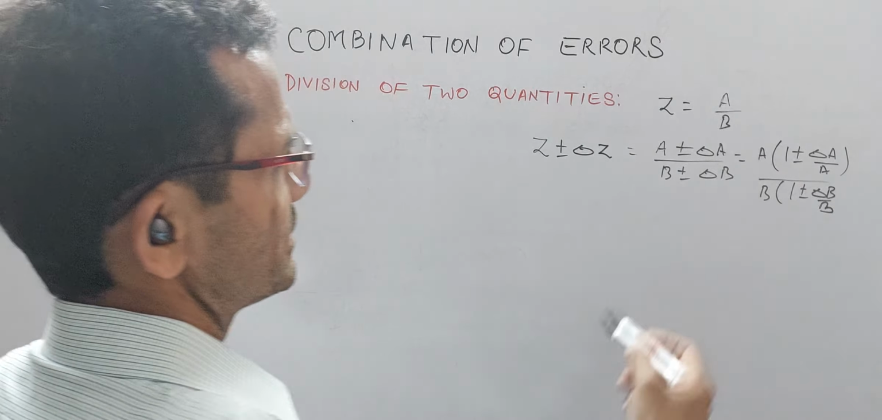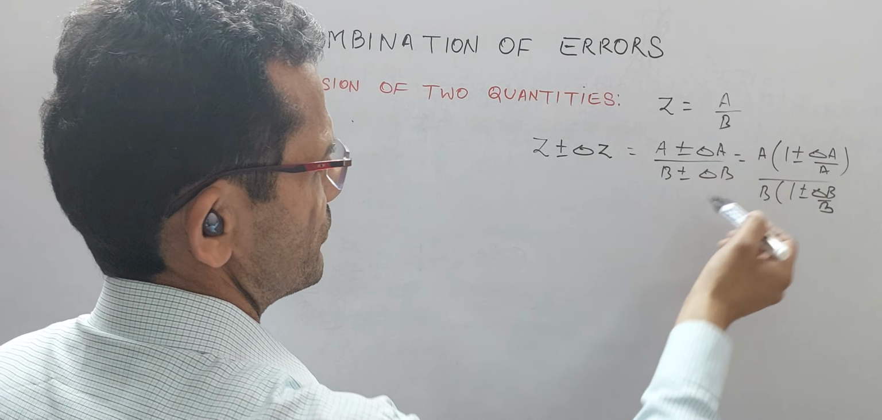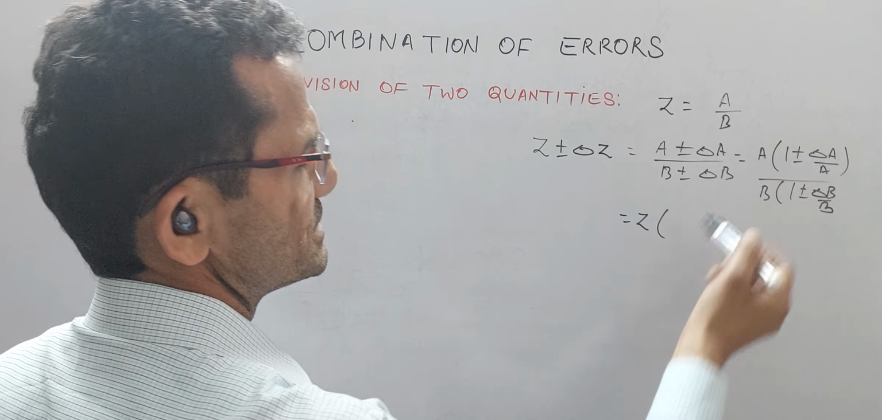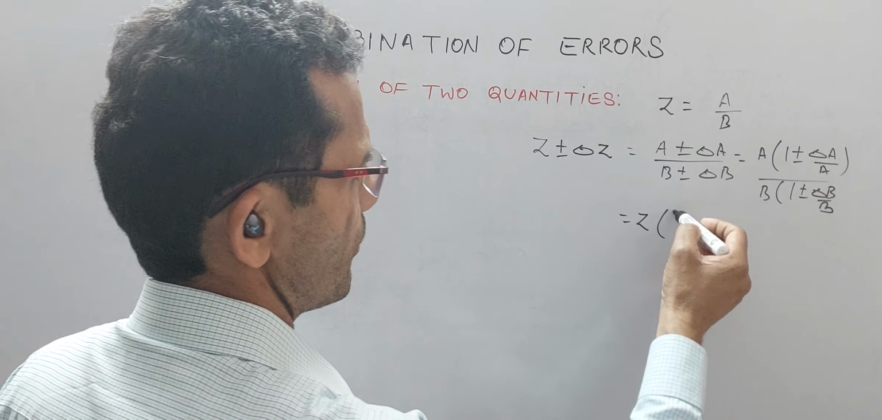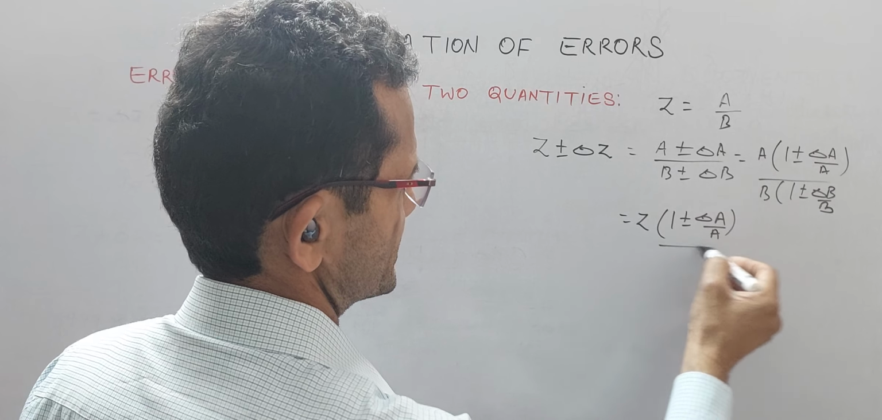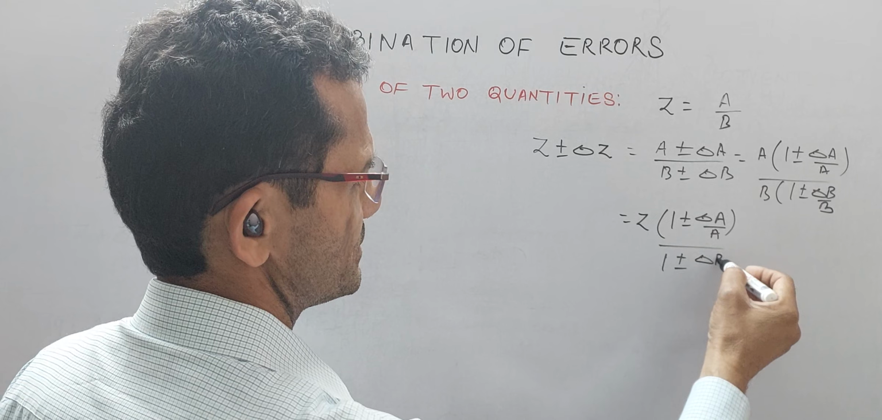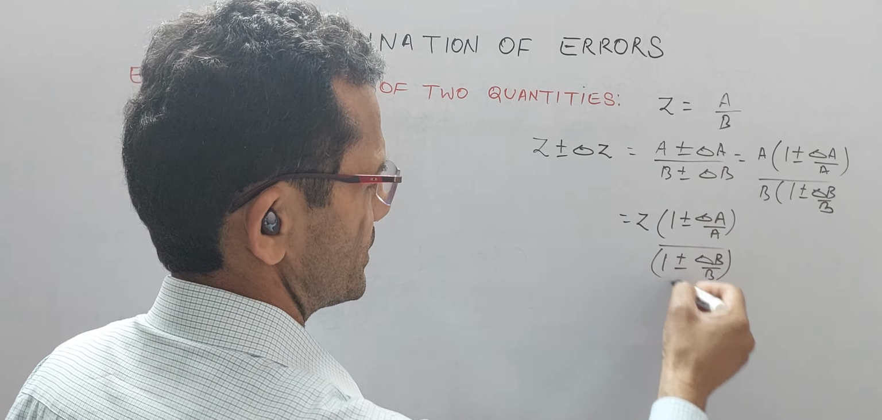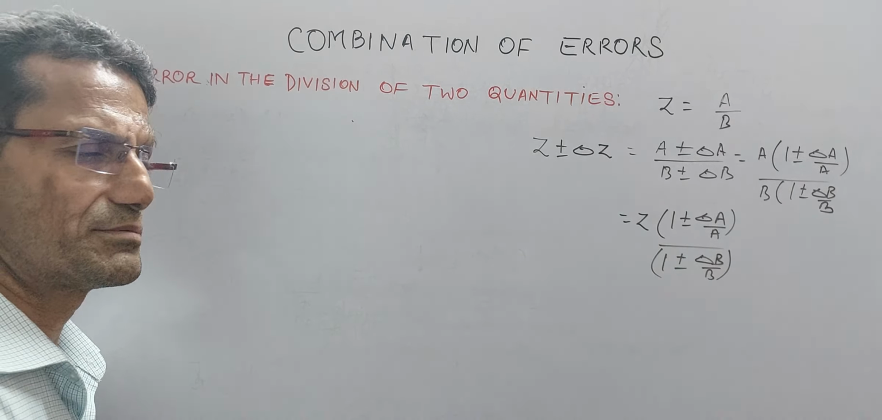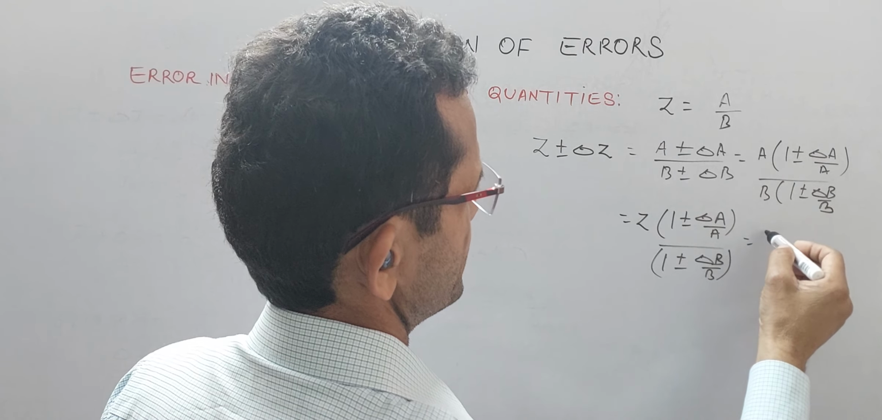So now in the equation A upon B is Z, we have to replace A upon B by Z. Therefore Z replaced A upon B is (1 plus minus delta A upon A, the absolute error in A divided by A) divided by (1 plus absolute error in B divided by B). Now we have to take this denominator part into the numerator and then expand with the help of the binomial. Now it becomes